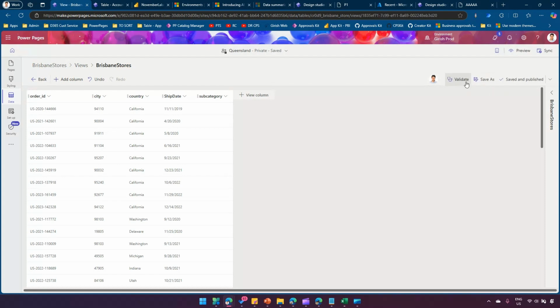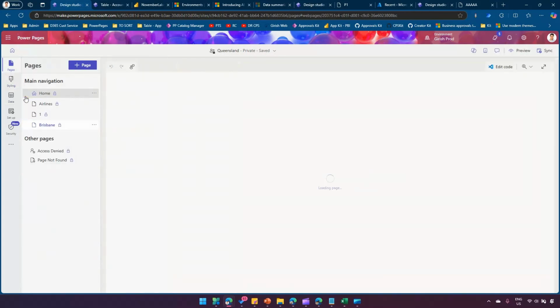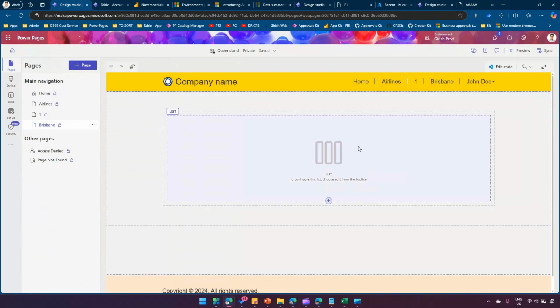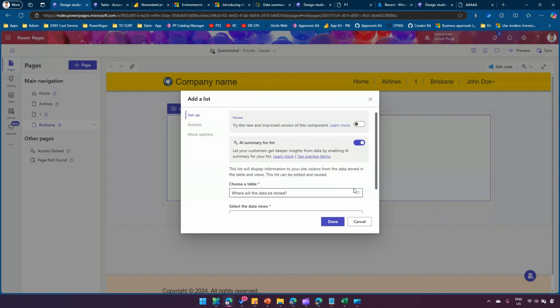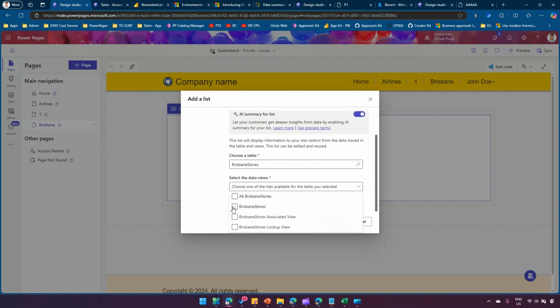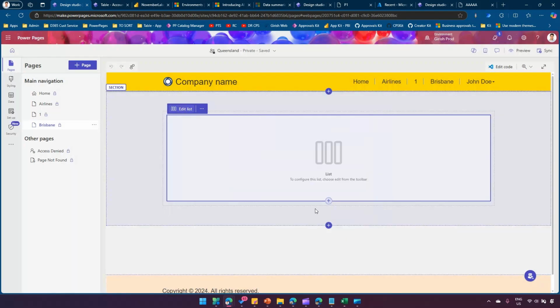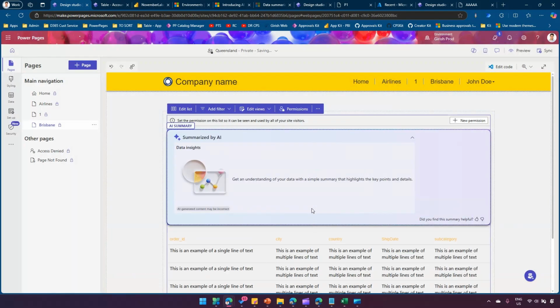So then we can go back to our same step. I'll go to the pages. This is the Brisbane page which we have created. Click on edit list, and now you click on new list. You say Brisbane stores, select the data views, Brisbane stores, name your list, click on done, and once that is done, you should be able to see the record over here. Now, let me sync this site